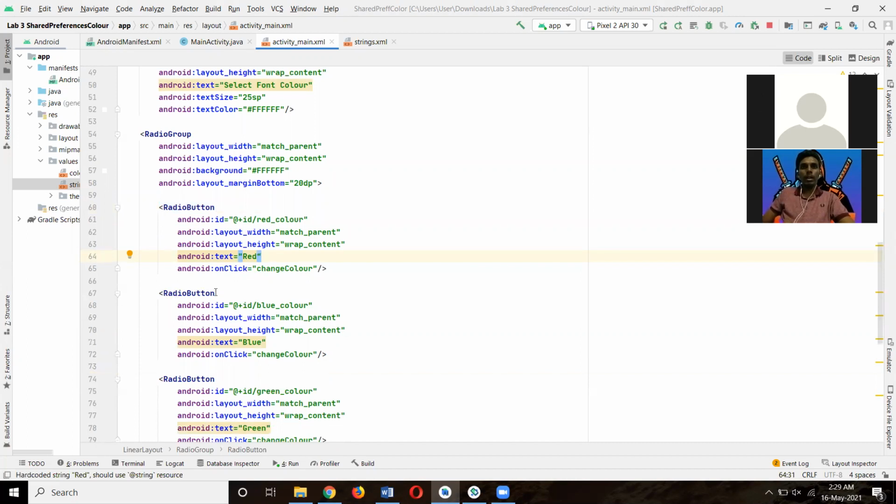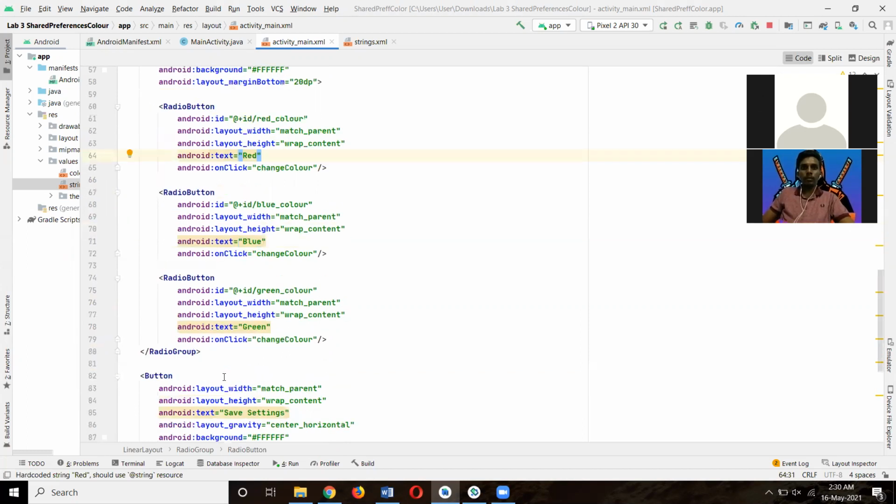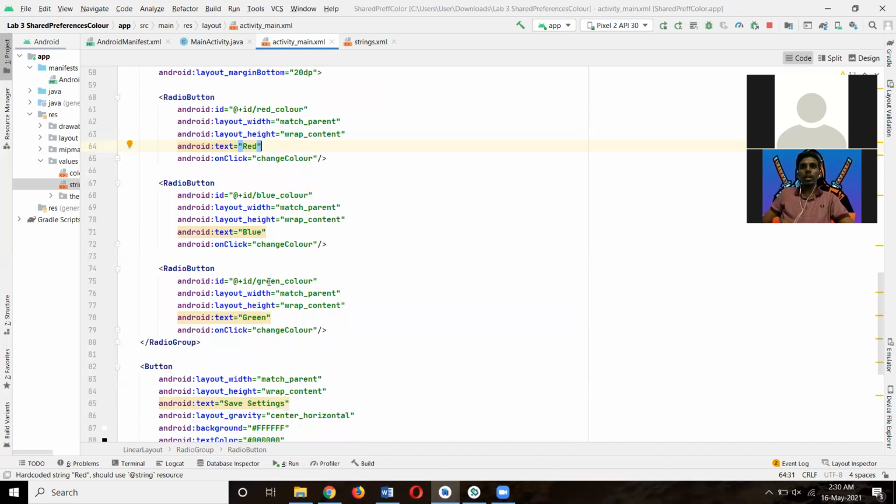The second radio button has id blue_color, text blue, and onClick is changeColor. The third radio button has id green_color, text green, and onClick is changeColor.